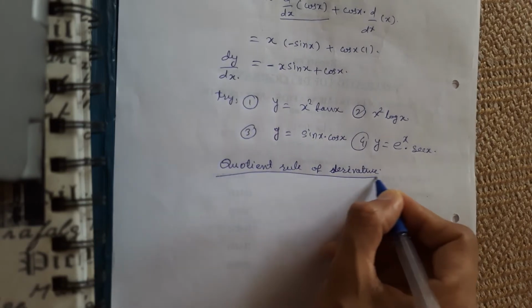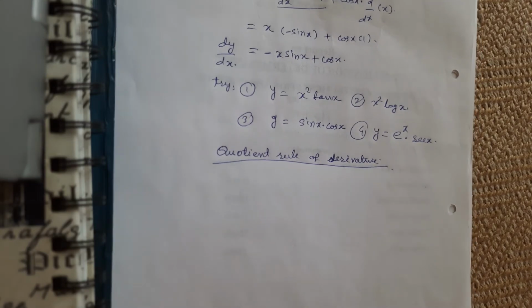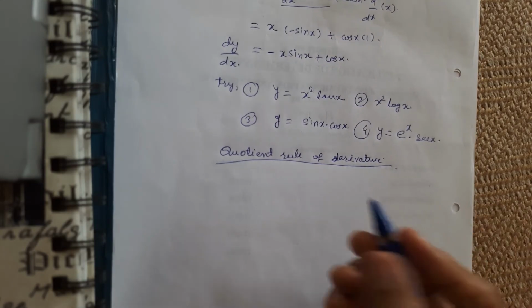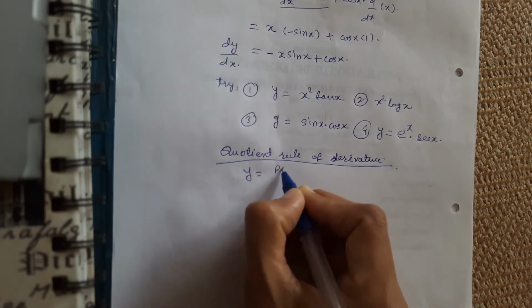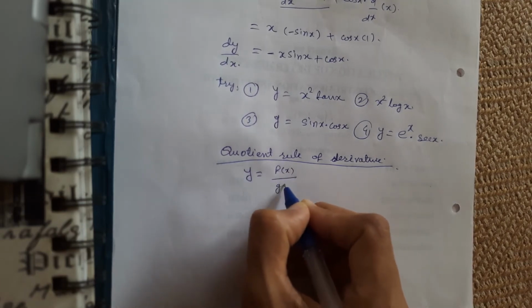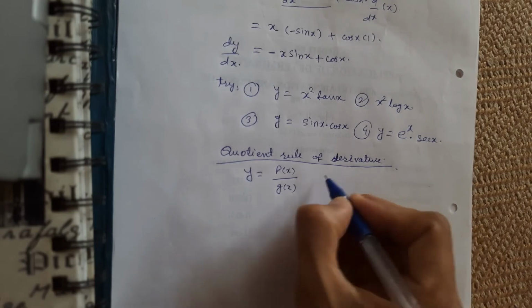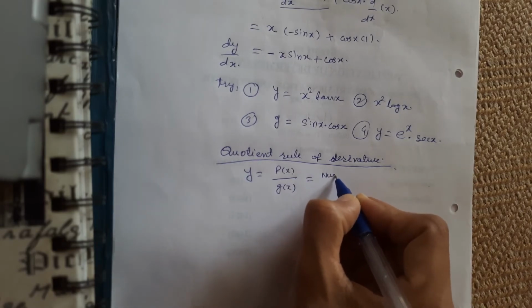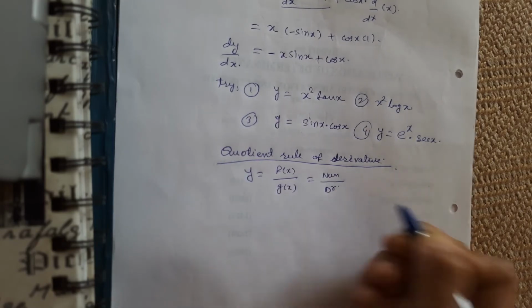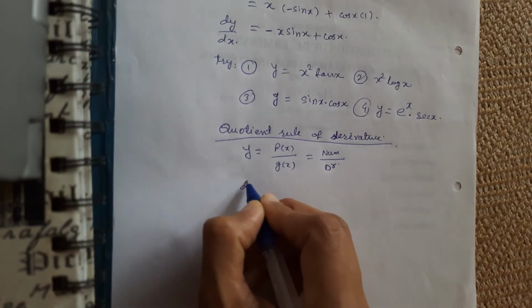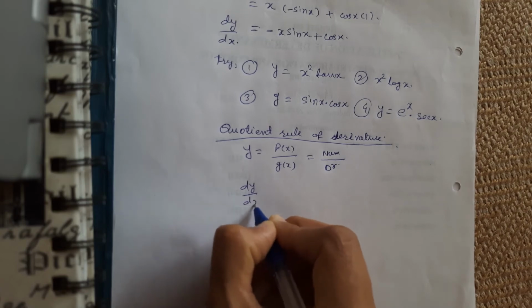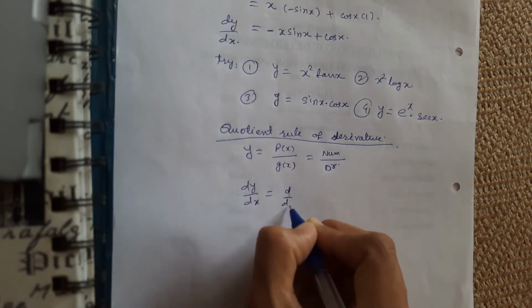Okay, now quotient means you have something in numerator upon denominator kind of thing. So suppose I have y equals to f of x upon g of x, or numerator upon denominator. Just remember this. So whenever I differentiate, my dy by dx will be d/dx of